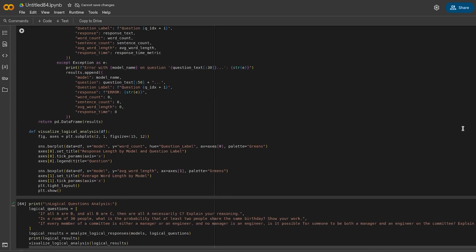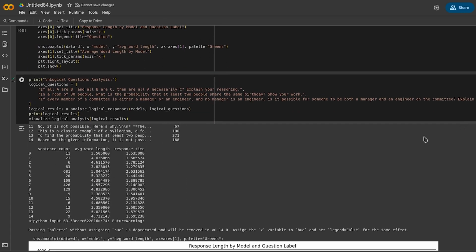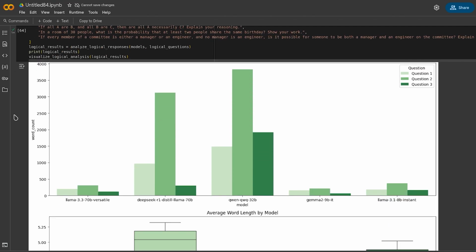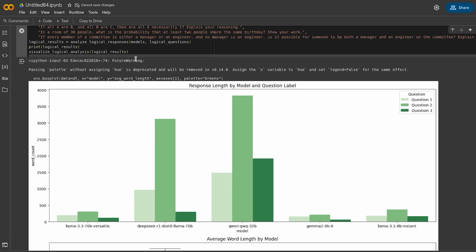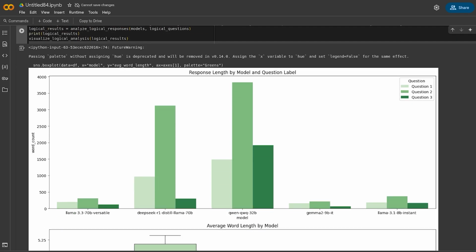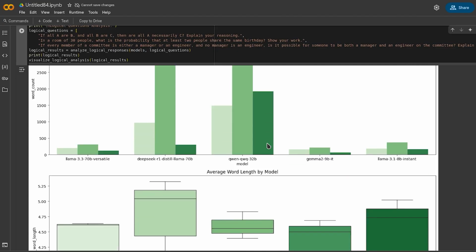The second box plot, token efficiency, tokens per character, illustrates how many tokens are used per character of the response. A lower value suggests better efficiency. Most models hover around 0.1 to 0.23 tokens per character. DeepSeek R1 Distill LLaMA 70B shows a slightly lower median, around 0.19 to 0.20, indicating potentially higher token efficiency for